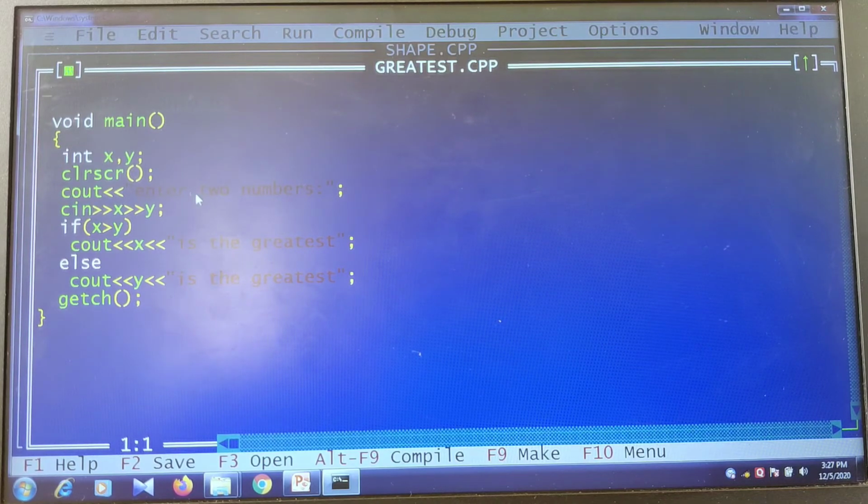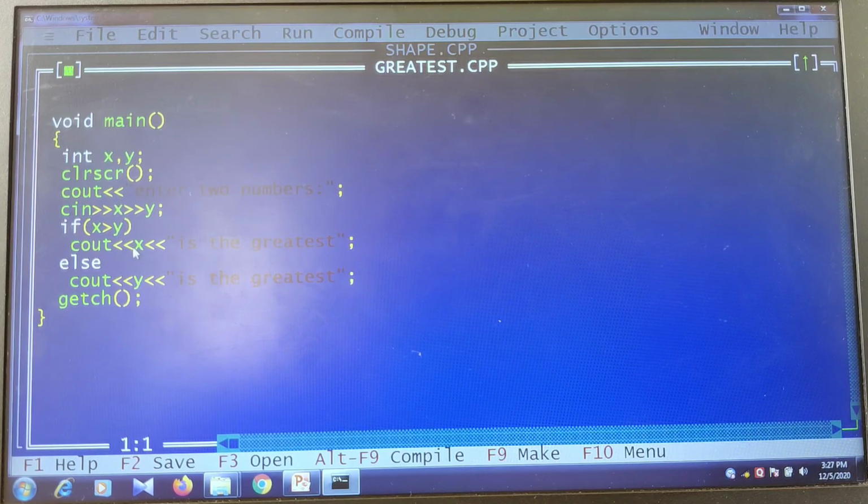Then again I am asking the user to enter the two numbers and then I am reading the two values. Maybe the user has given 5,000 and 10,000, and I have to check if 5,000 is greater than 10,000. If so, I need to print 5,000 is the greatest, else 10,000 is the greatest.